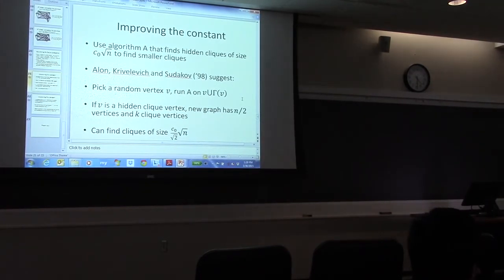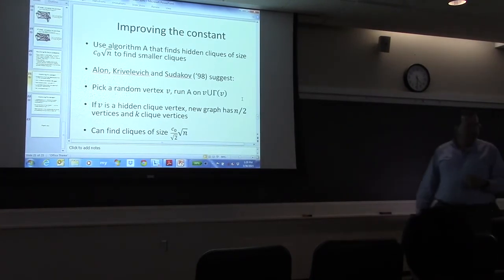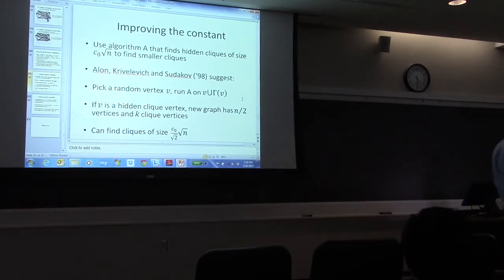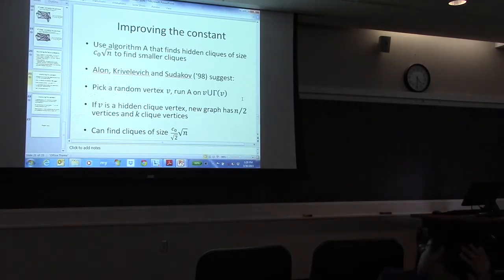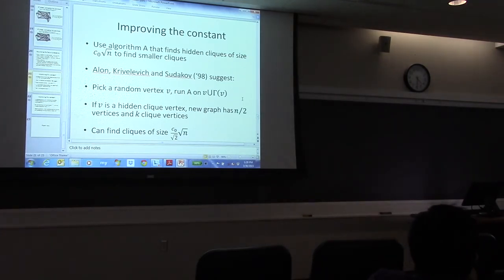But what one can do, as suggested in the original paper, is pick a random vertex v and just look at the neighbors of v. This reduces the graph from n to n over 2. And if you happen to be lucky and the v you chose was in the clique, then you're going to retain the whole clique. So you improve the constant by a factor of root 2, because k has remained the same, but n was cut by 2. So this will work